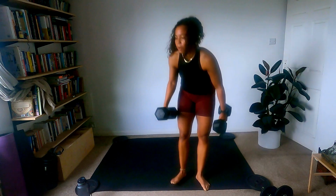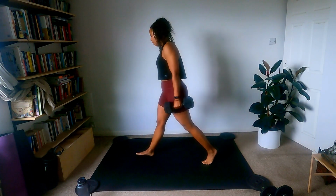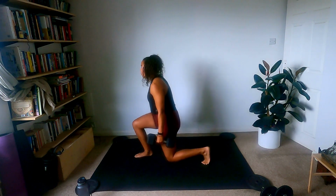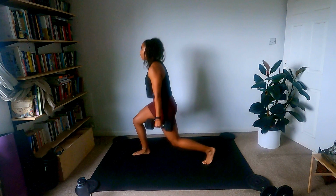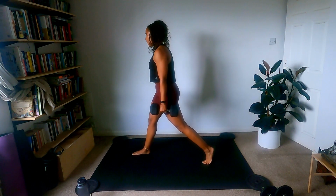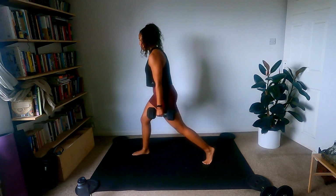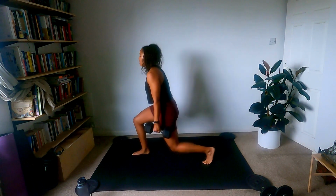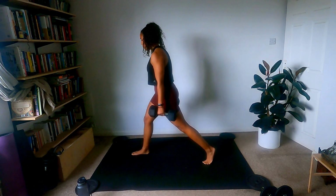Grab the other weight. What was it? Right leg forward, left leg back. Here we go. And 1. Find your stance. 2. You're sort of going straight back and down with that back leg. 5. I need one more after this. Halfway. 7, 8,